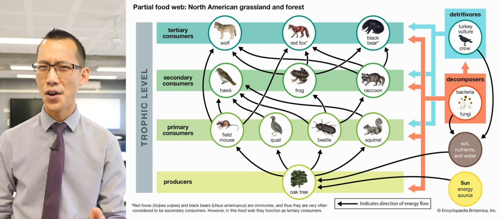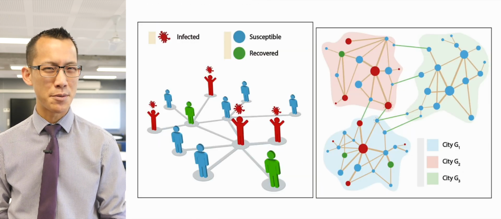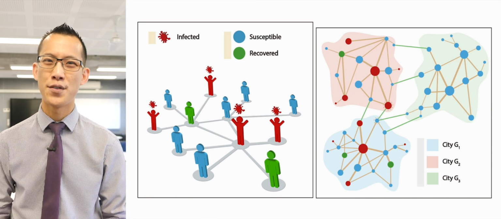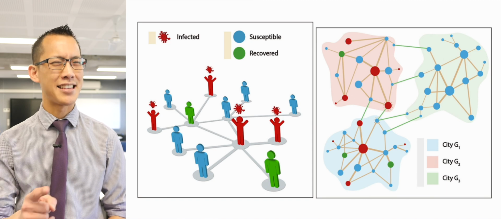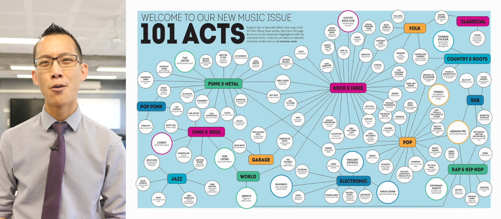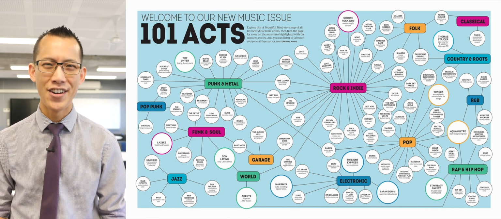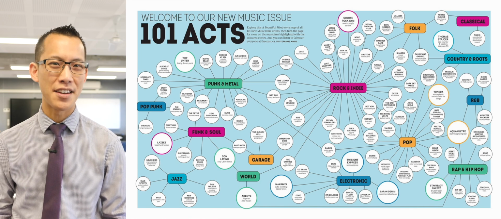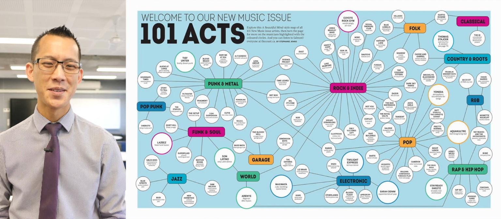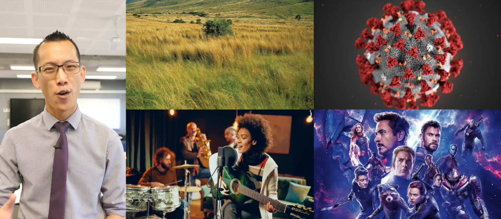What does this have to do with COVID? Well, there's a web of different relationships between susceptible, infected, and recovered patients with something like COVID-19. And then, how does that relate to the Nova Scotia music scene? Well, here's a map of a variety of different musical acts that were new in the Nova Scotia scene a few years ago, and you can see how they're related to all of the different genres. And then finally, the Marvel Cinematic Universe. What's the connection here? Well, what I love is that when you think about all 4 of these things, I hope you can see the mathematical object I'm interested in is a network,